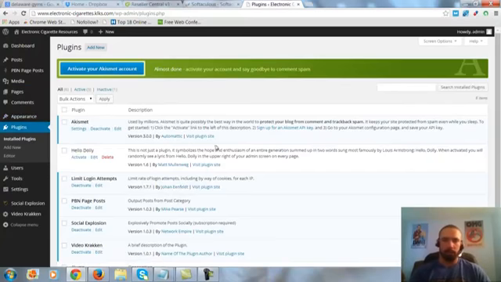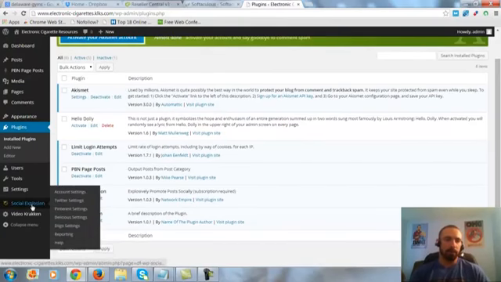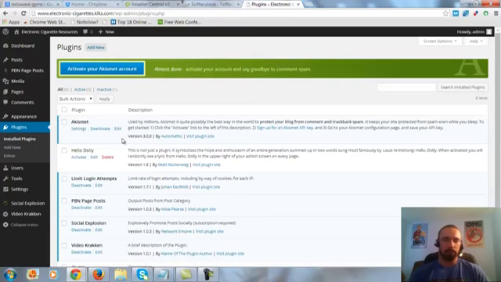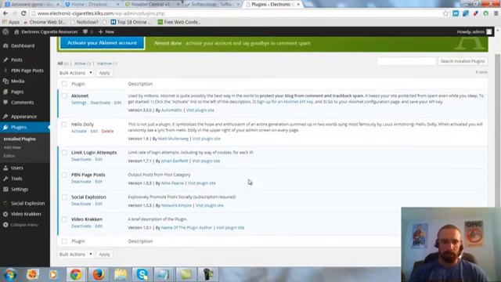Alright, so I got all 3 of those plugins installed and activated: PBM Page Post, Social Explosion, and Video Kraken. Of course, I set up Social Explosion. I added my account and set all these like we normally do, which is the first one enabled, the next 2 high and high. Alright. So all 3 of those plugins were installed off camera. I show how to do that in the original PBM Reloaded video in case you don't know how. It's just choosing the files and activating them. And of course for Social Explosion, setting it up.